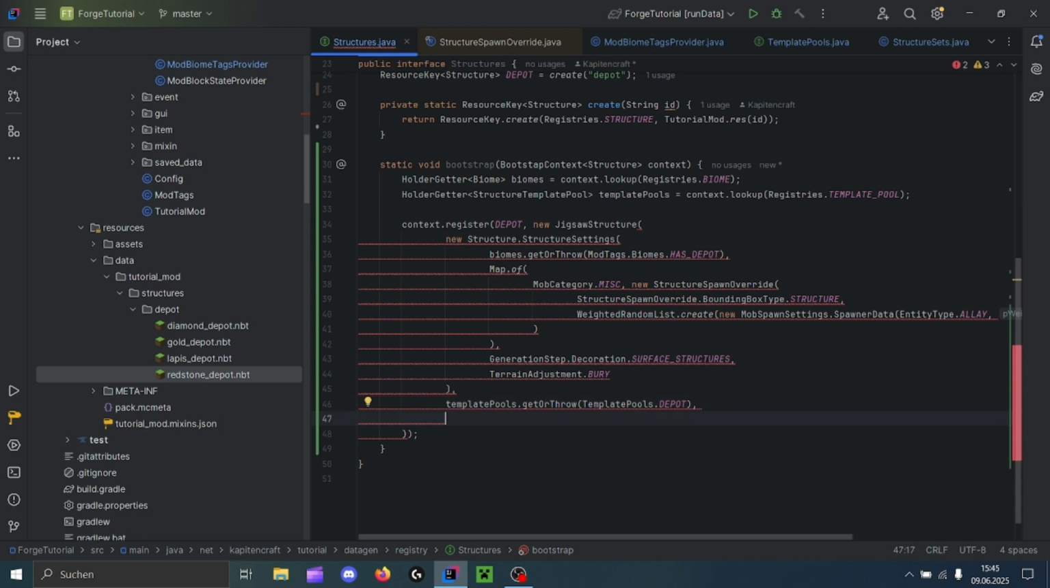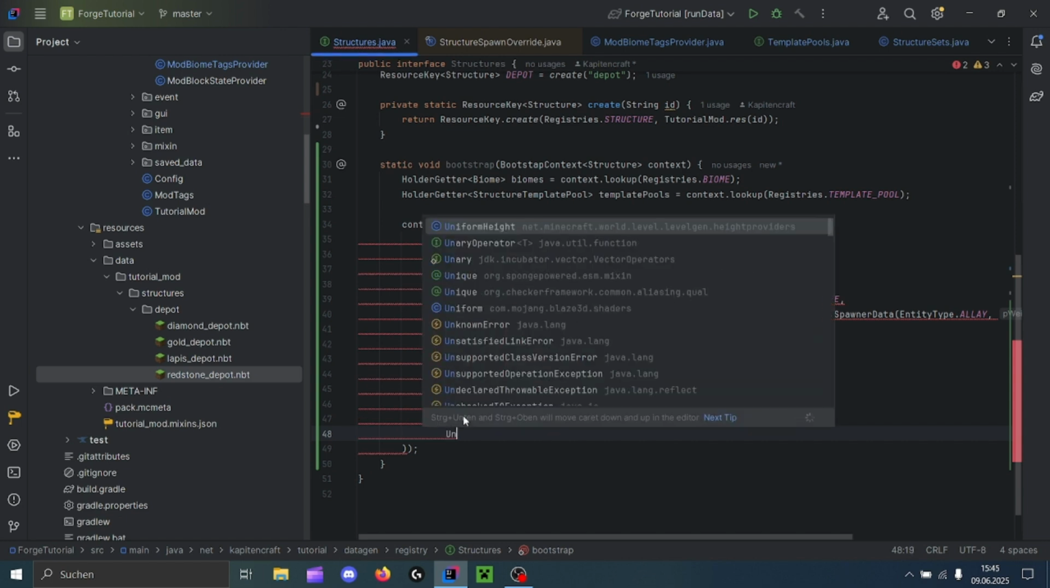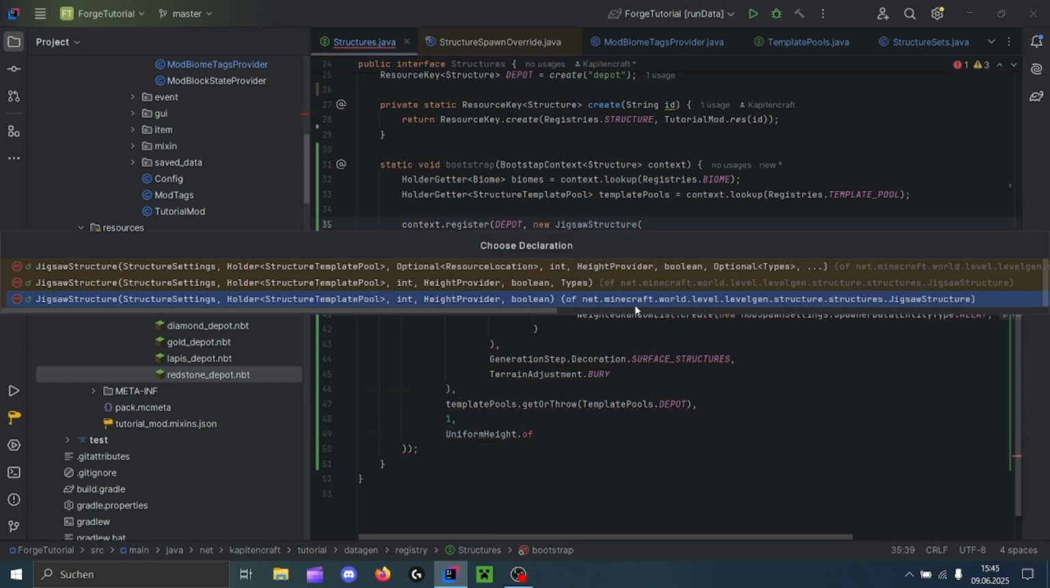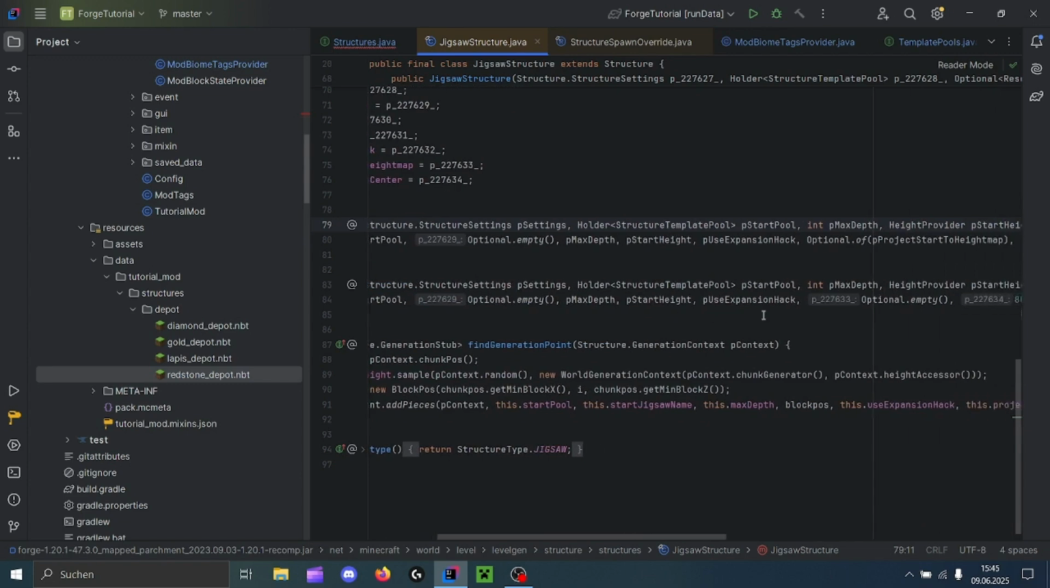After we have gotten the template pool, we can define the max depth of the structure. So how many jigsaw pieces should be placed next to each other. In this case, for a very small depot, because it can only use one, we will be using 1. Then after this, the height, so uniform height of, or rather you can take a look at the height provider,